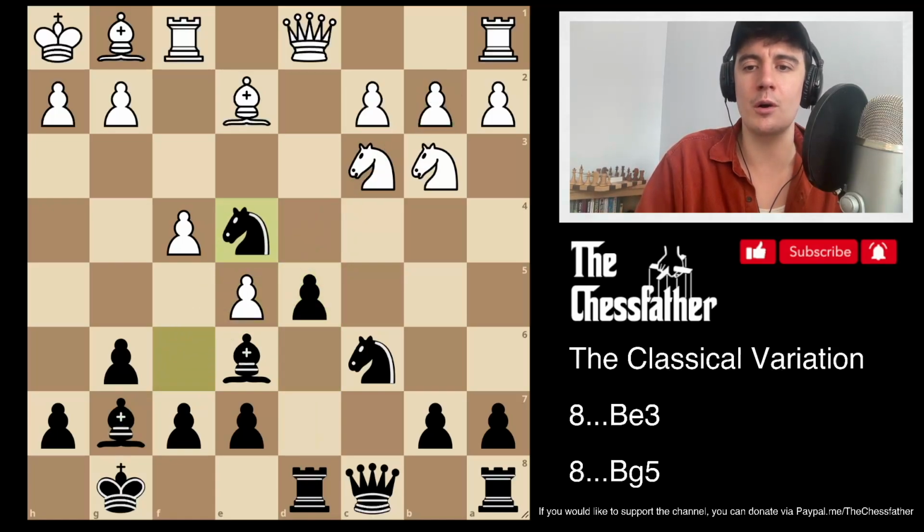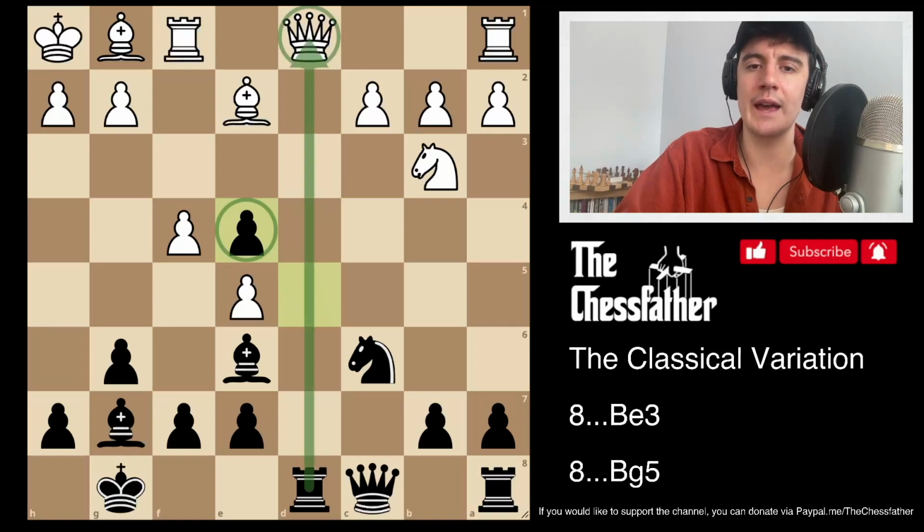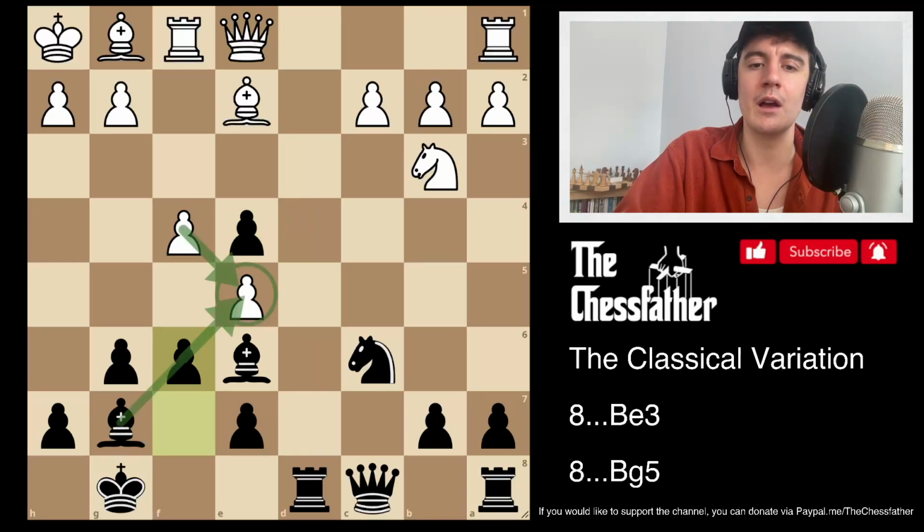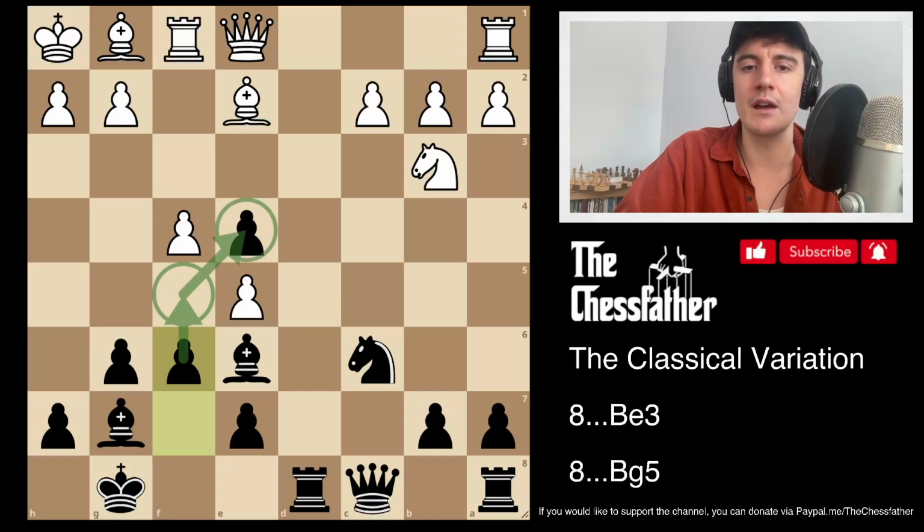Now we're quite happy to hop the knight into e4, because if we see this trade, this pawn is actually not that easy to win back, and we are gaining a tempo on our opponent's queen already due to the position of our rook. So after a move like queen to e1, we can now play f6, and yeah, this is just great for us. If we can trade here, we'll be winning another pawn because we have a lot of pieces pointed towards e5. And if not, there are some lines where we can even play f5 and just hang on to this pawn and have more space than our opponent,